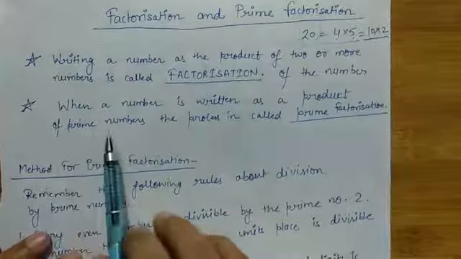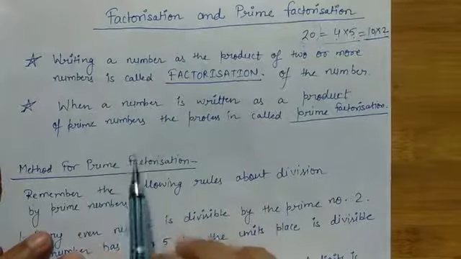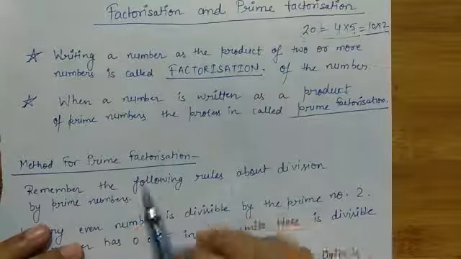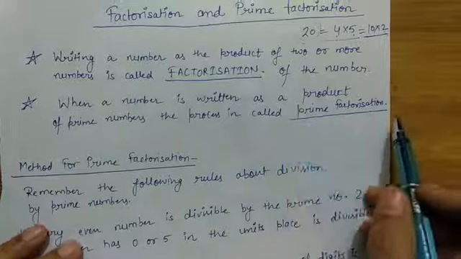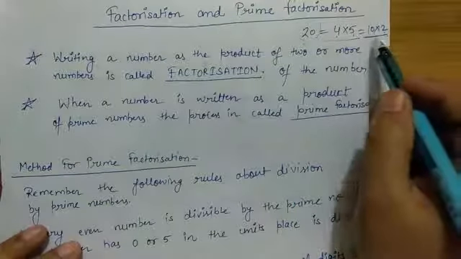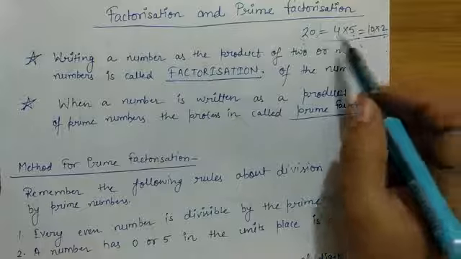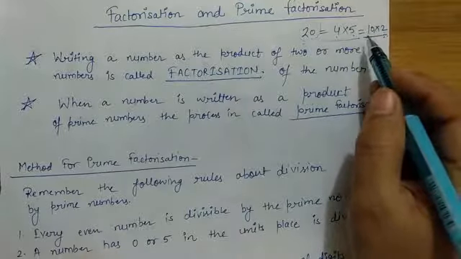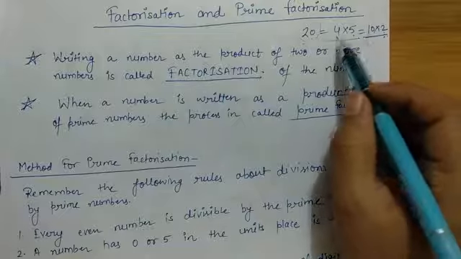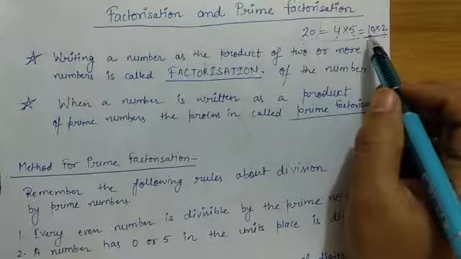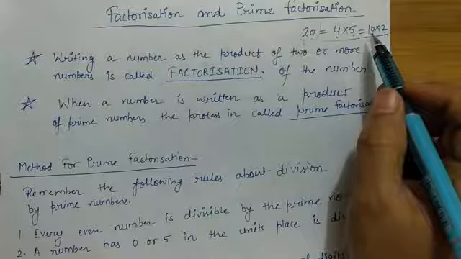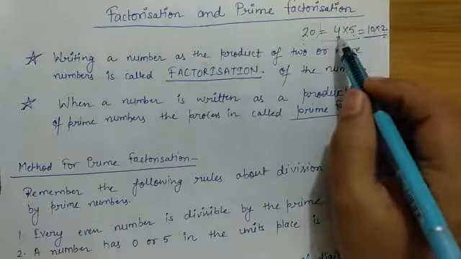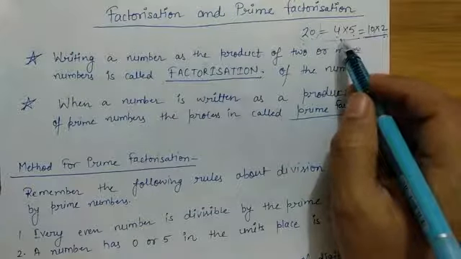Now we have to understand what is prime factorization. When a number is written as a product of prime numbers, this process is called prime factorization. Here I have written some numbers: I have broken 20 into two parts, or it is possible to break it into three parts also. But there should be no even number or non-prime odd number; it should be only prime numbers. Like we have 10 as an even number, but 2 is a prime number. But here 4 is an even number. It is not prime.